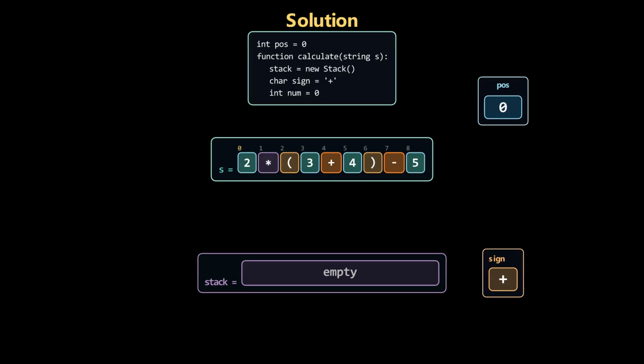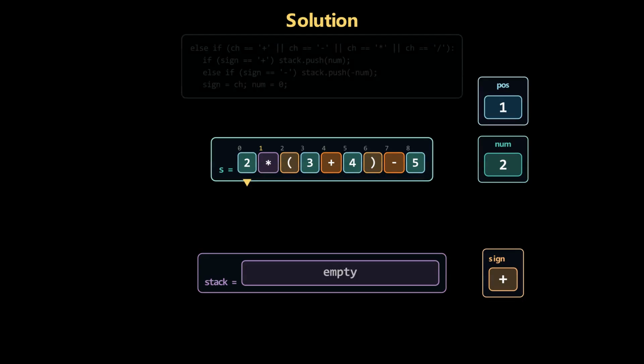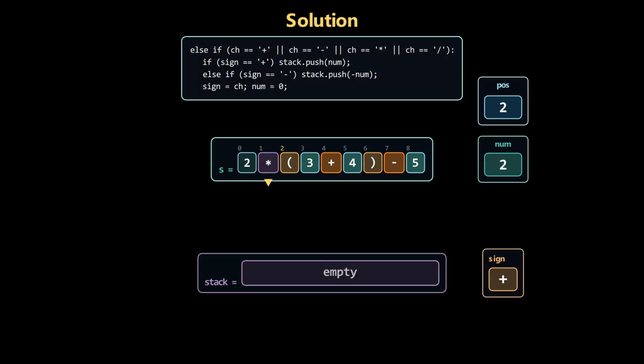POS starts at 0. Each loop iteration reads one character from S at POS and advances POS immediately. When that character is a digit, we extend number, multiplying by 10 each time to handle multi-digit values naturally. When CH is an operator, we commit number under the previous sign. Since sign started as plus, we push 2 onto the stack, store star as the new sign, and reset number